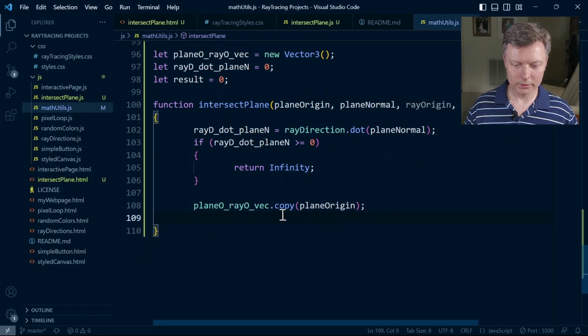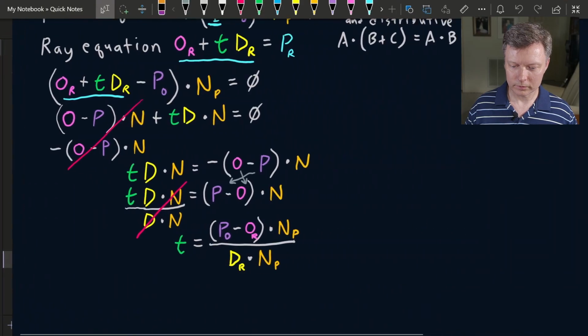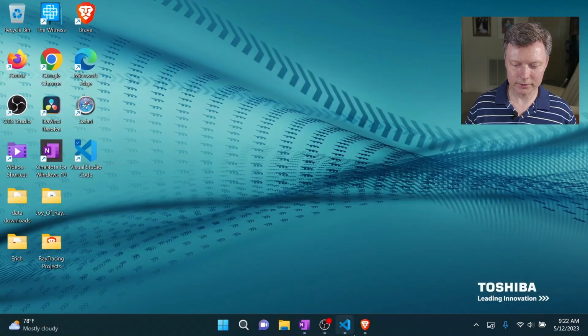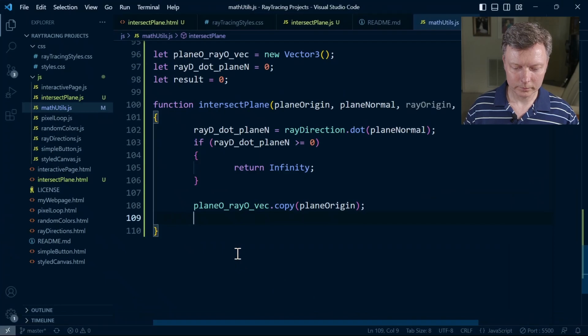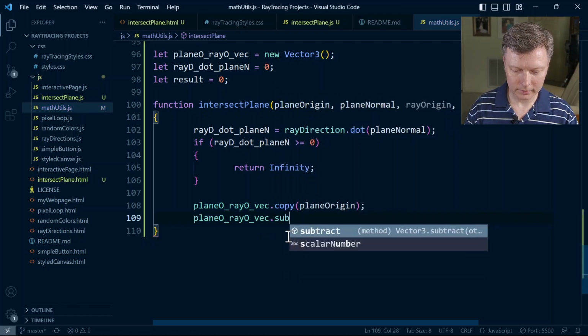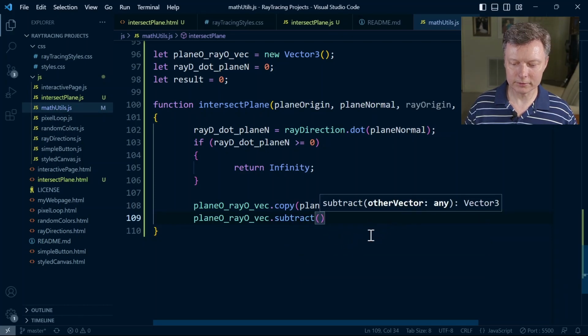I'm going to scroll up just a little bit. Sorry for going back and forth here so many times. So we need plane origin minus ray origin. And so that's plane origin subtract ray origin. So let's perform that operation on the vectors. Plane origin, ray origin vector dot subtract, opening parenthesis, and now it says it takes another vector, and so we're going to subtract the ray origin, and